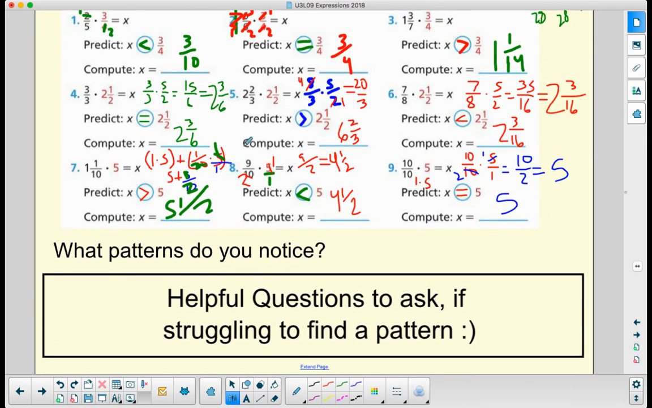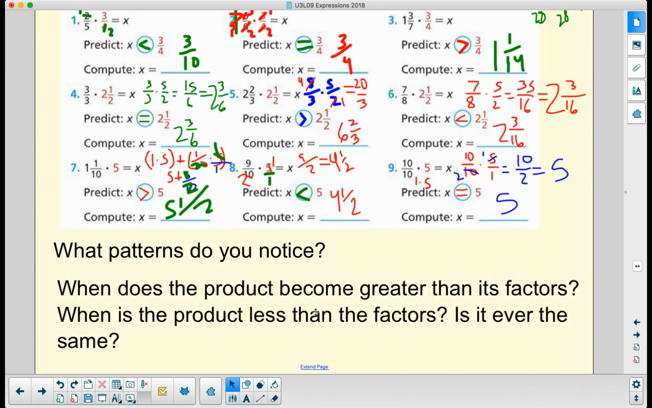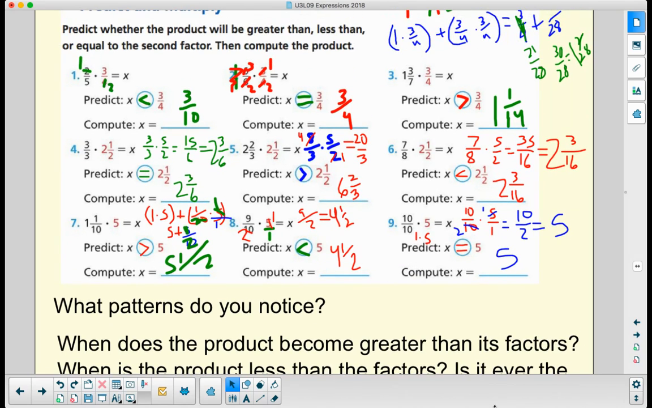Okay, if you're still struggling to find a pattern, when does the product become greater than its factors? When is the product less than the factors? Is it ever the same? So when does the product become greater than the factors? So if I look at this,